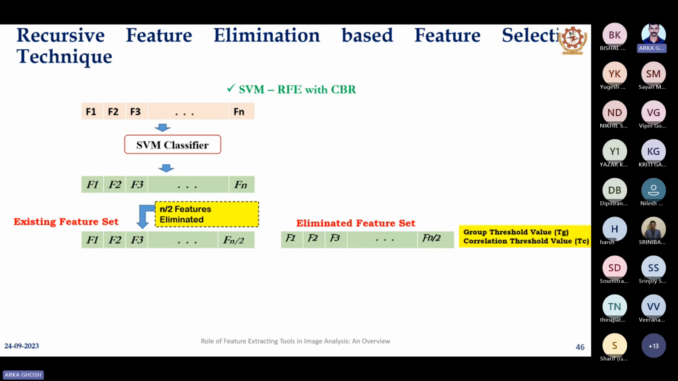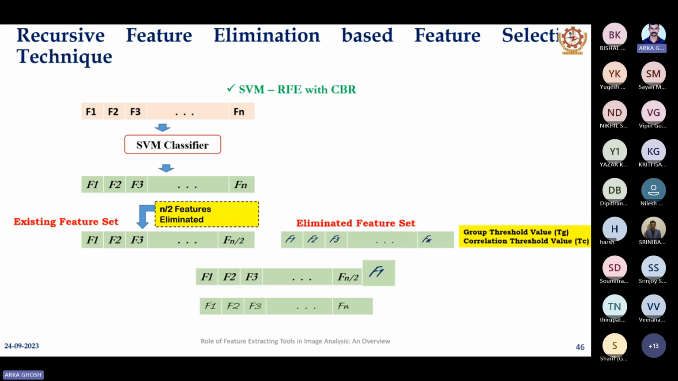So what we do, we select two threshold values. One is called the group threshold value, another is called the correlation threshold value. The group threshold value, what it does, from this eliminated feature set, it selects a group of features based on the correlation threshold value selected. From the selected group, the feature which has the maximum correlation with the group members will be moved back to the existing feature set, and this new feature set will then be used for the classification. In this way, we can reassign an eliminated feature which may be an important feature, and we can improve the classification performance. That means we can improve the